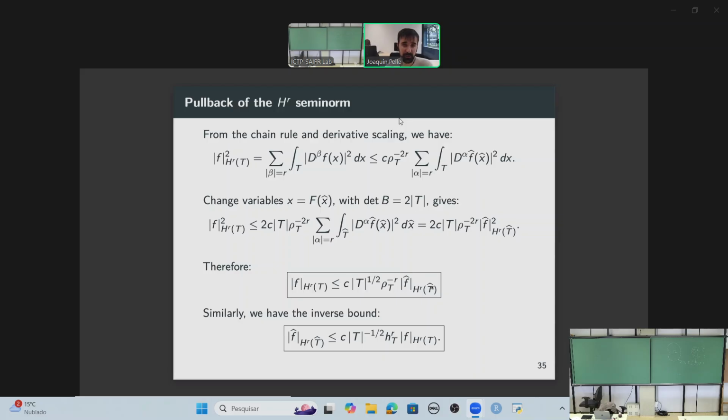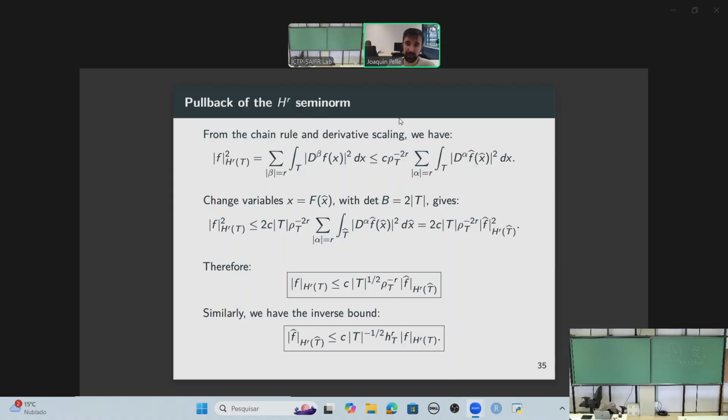Now we want to do the same for the H^r semi-norm. This is again to bring the corollary to the Bramble-Hilbert lemma to use now on every triangle. So again, rather straightforward, a little bit messy, but still straightforward. We can write this semi-norm here as the integral of the derivatives of order beta, sorry, of order r, and using the bounds that we found before for those derivatives,